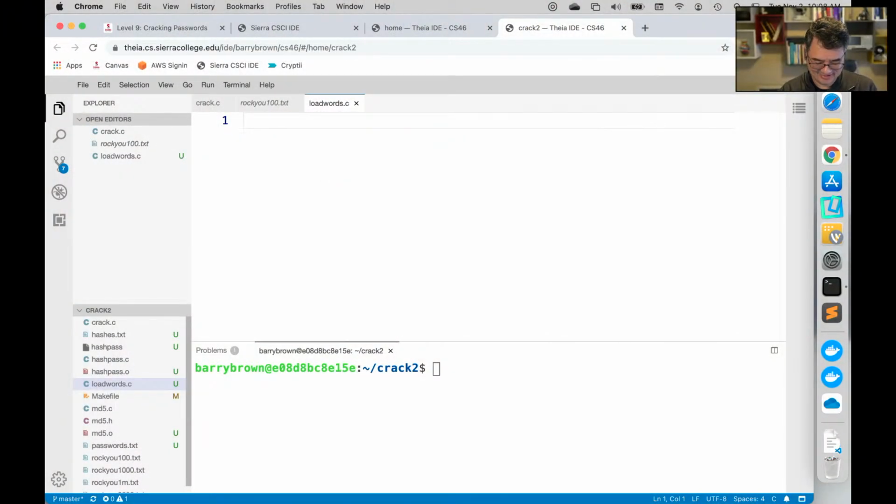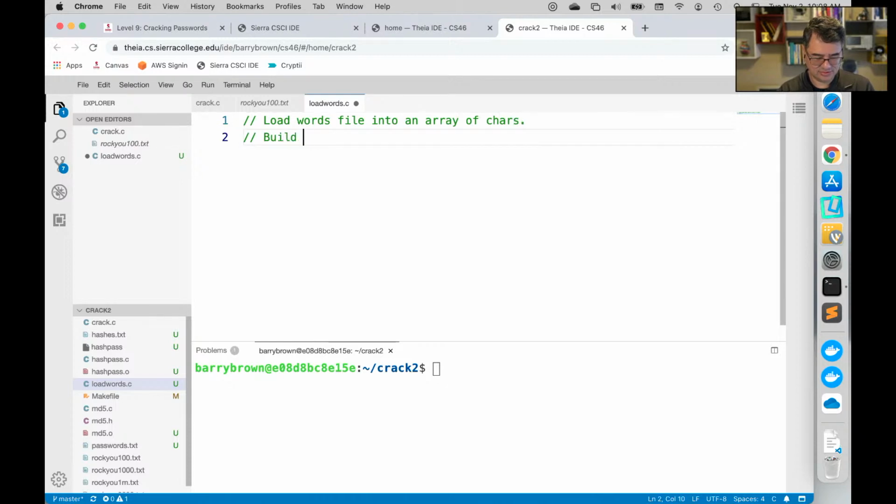Okay, so we want to load the words file into an array of characters, and then build an array of pointers to each word. Okay.